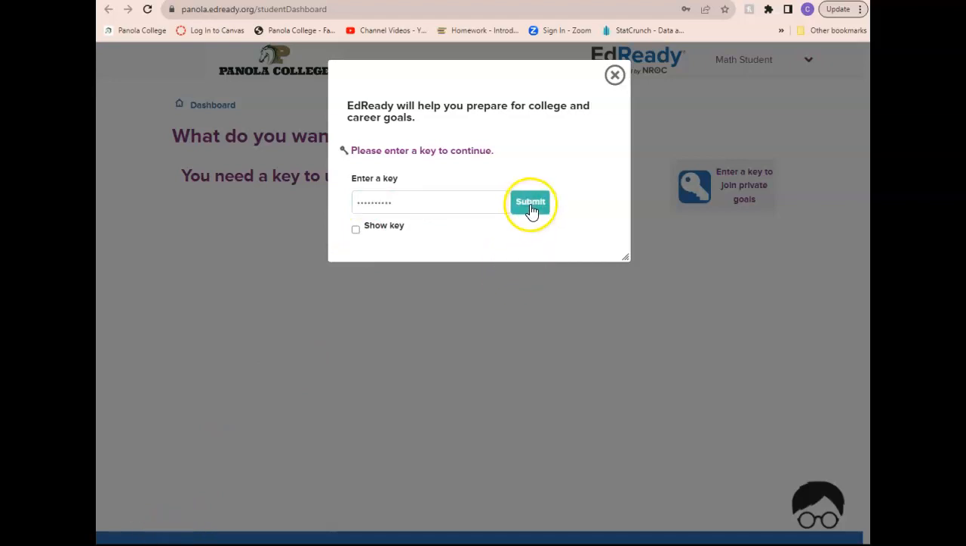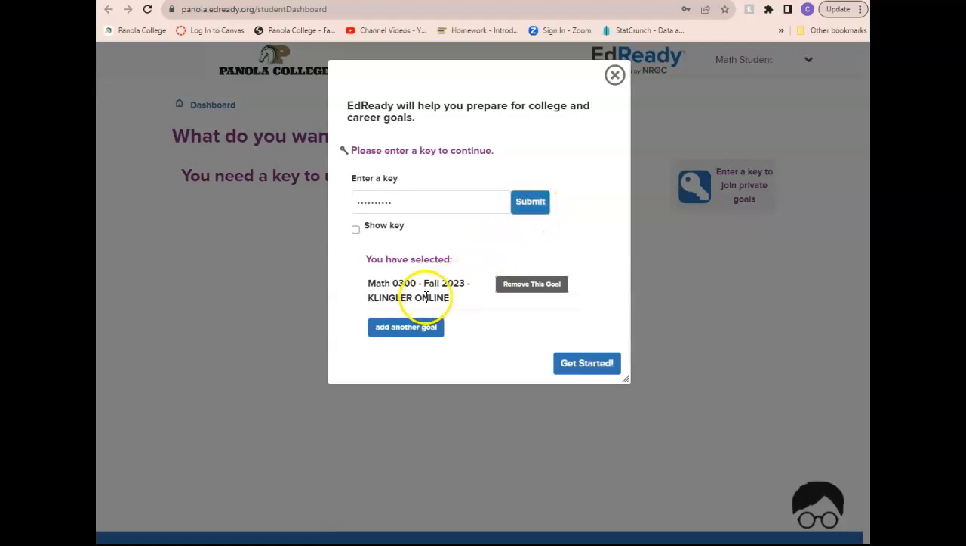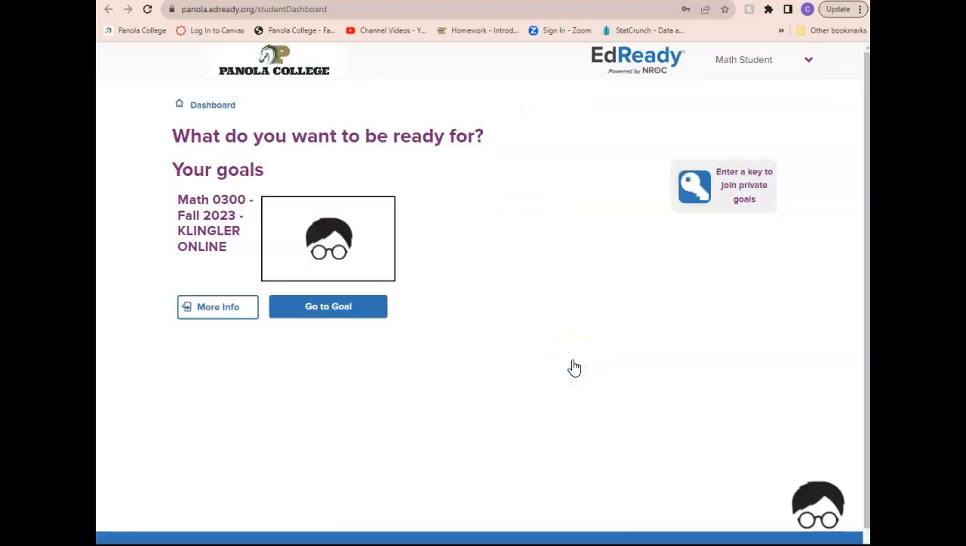You'll then click Submit, and it should pop up what class you're in. I'm going into Math 0300 Klingler Online. If that is not the correct one, you need to contact your professor, and you're going to click Get Started. Once you're started, you're going to click on the class again,